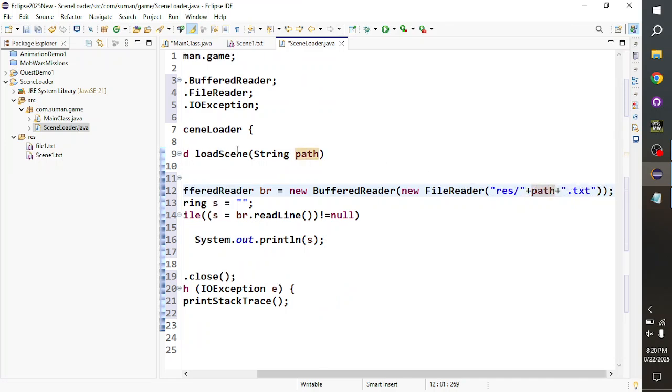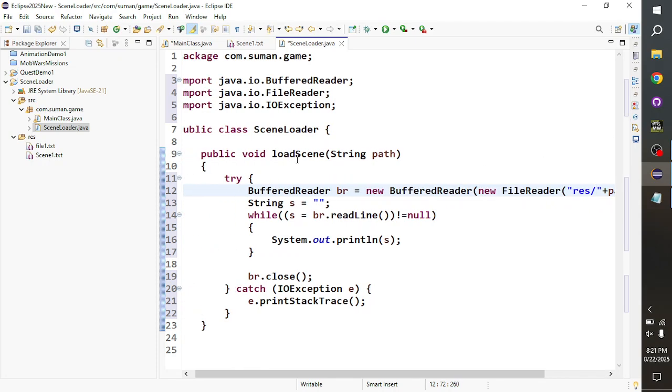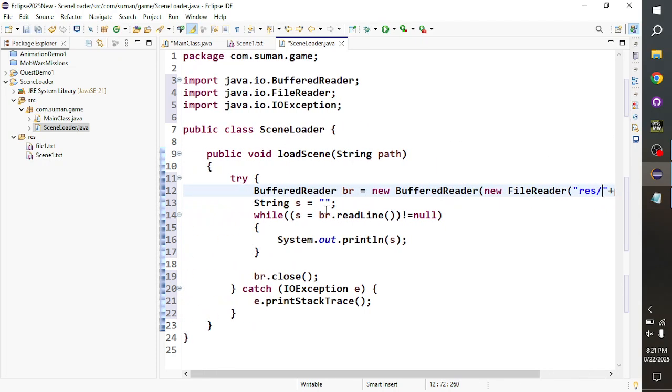You can also further diversify this by using a plot folder like that, or you can also say scenes folder like this. So we have res and we have path.txt, and then we have a string,